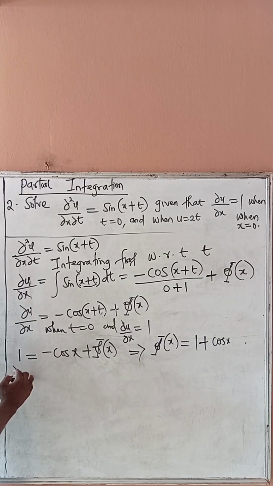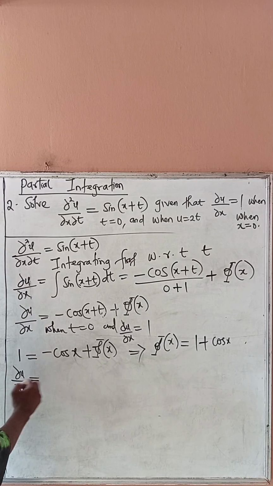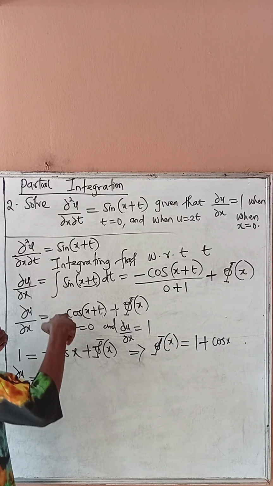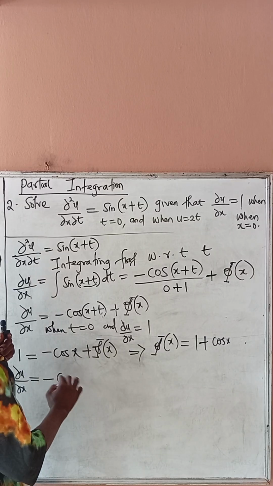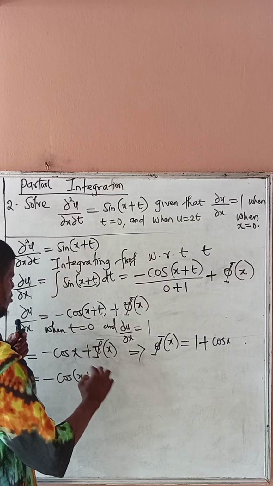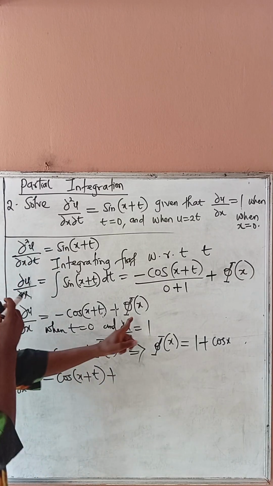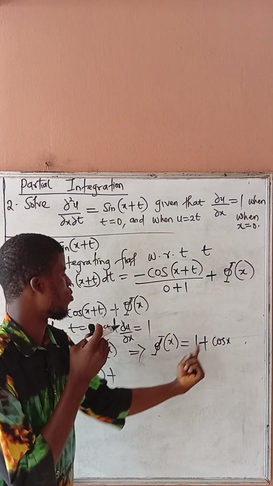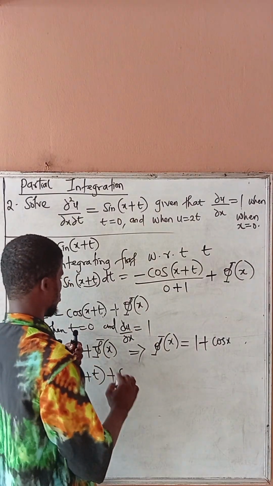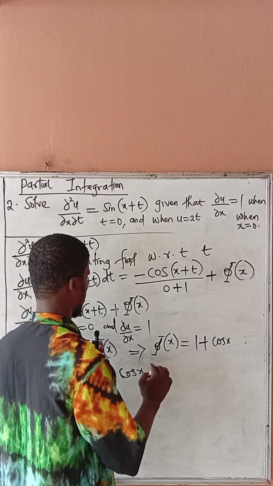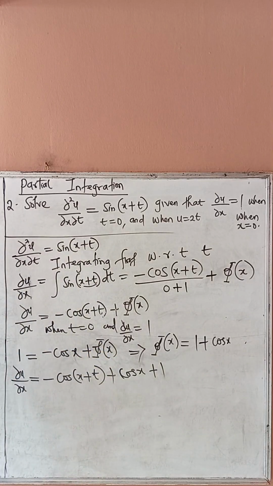Therefore, partial u partial x is equal to minus cos x plus t, plus phi of x, and phi of x is equal to 1 plus cos x. So I can just say cos x plus 1. Now, let's finish the solution by doing the last integration. The last integration is going to be with respect to what? To x. So I'll say integrating